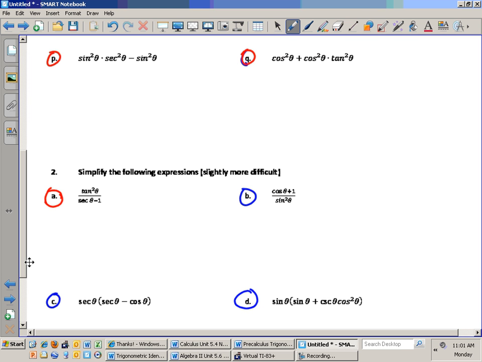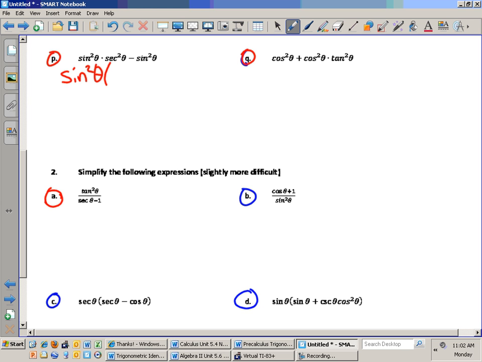So you could write this as sine and cosine, converting secant squared to 1 over cosine squared. That won't get you very far, so you could try that path, but it's not going to work out very well. What I like to do, what I see in this situation, is that they both have a common factor, and that's going to help me out. What do they both share in common? They both have a sine squared. So I'm going to take out that sine squared